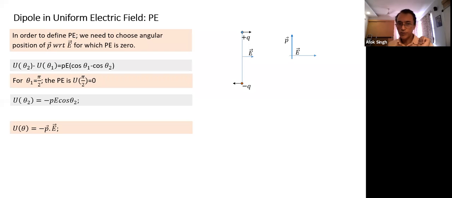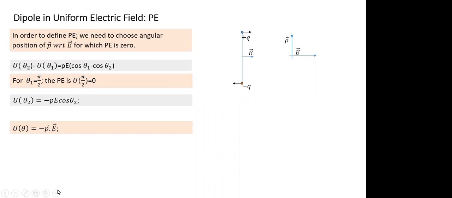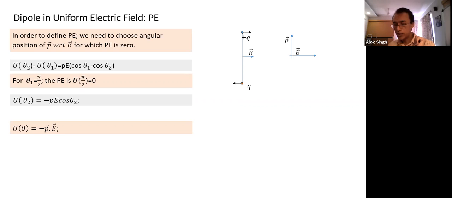All are clear on this point? Sir, why exactly is potential energy 0 at pi by 2? Did I not tell you? Is potential energy 0 there? No, we have chosen it to be 0. It's a reference. We could have chosen any value of theta to be 0, and we have to choose an angular position. If I choose some other value, the expression will not be a neat expression.